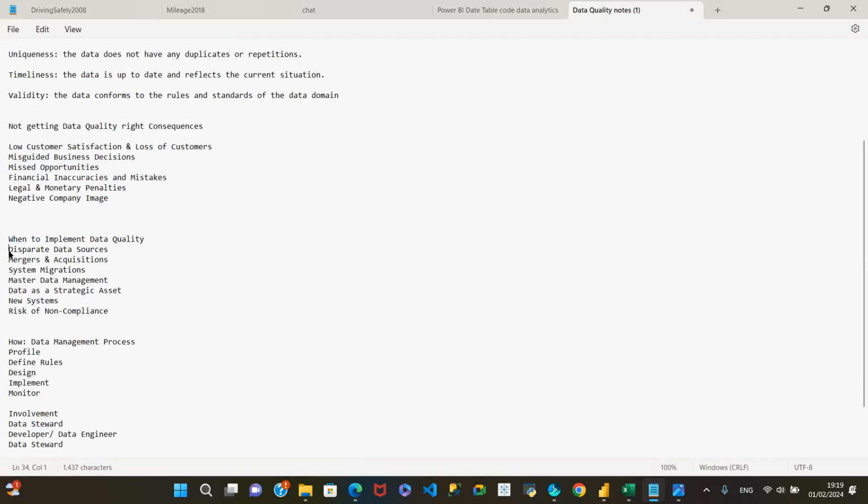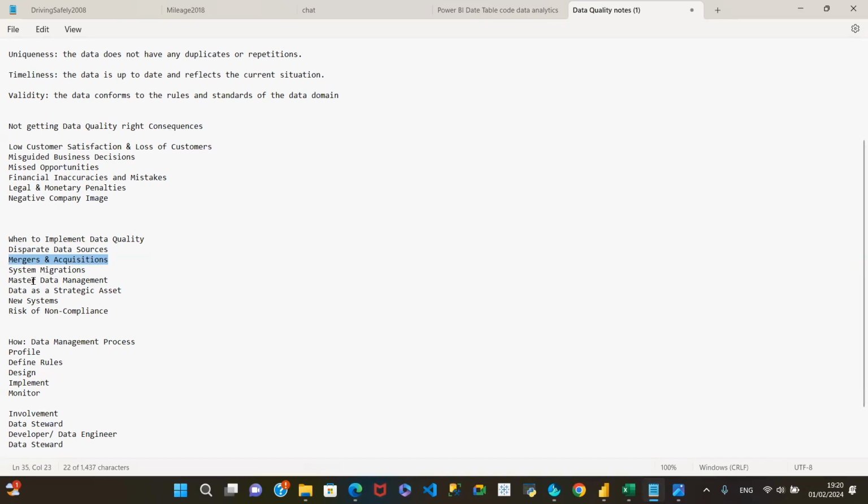But there are times that you need to really focus on the quality. Maybe when you have different data sources that you are collecting from everywhere, quality has to be properly checked because you are merging data from different sources. Then sometimes businesses have mergers and acquisitions. They acquire or buy other businesses, and that's two businesses merging. They may have different ways of running things with their data. So how to bring those together consistently would mean that data quality standards need to